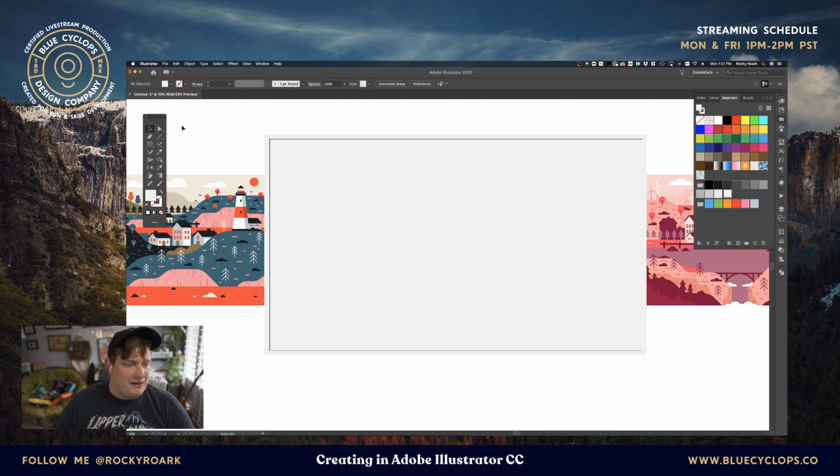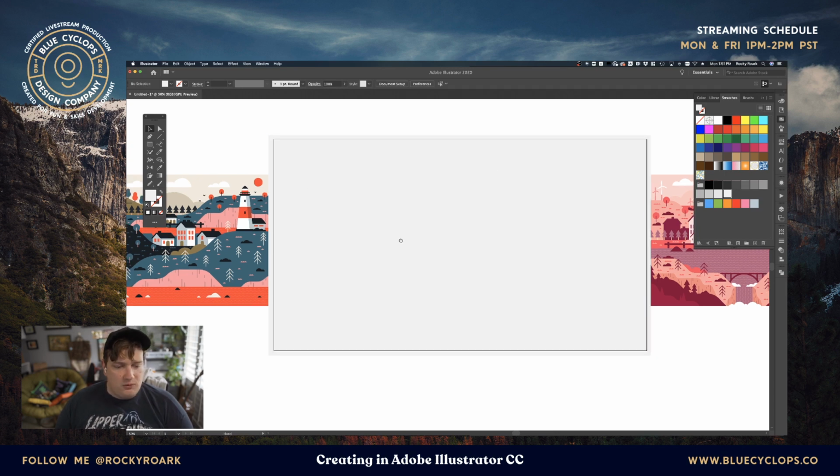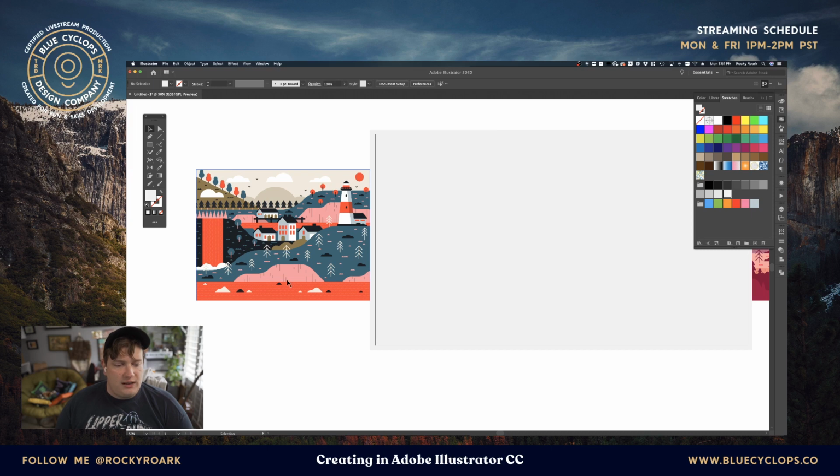That's where I do a lot of my digital sketches. Okay. So first thing I did here was I created a big rectangle for the background. This is going to be the sky color and the sky background. Next, what we're going to do is we're going to start working on